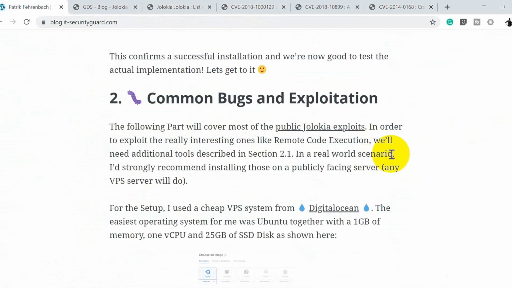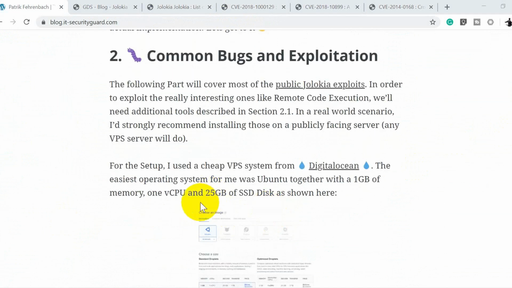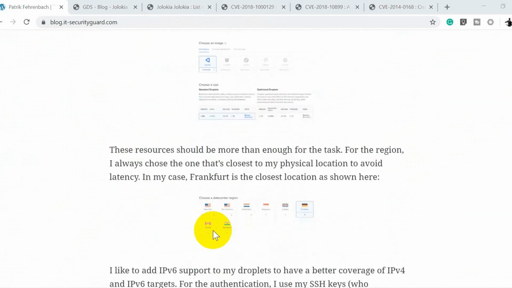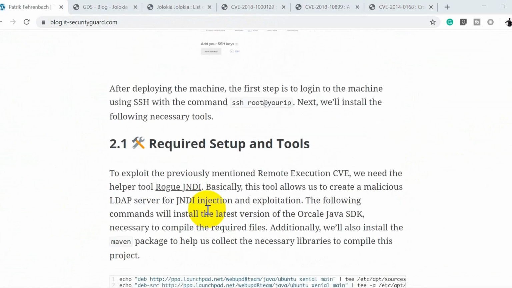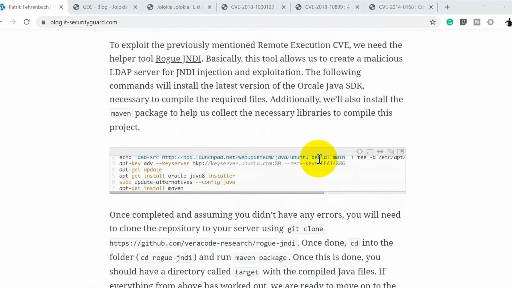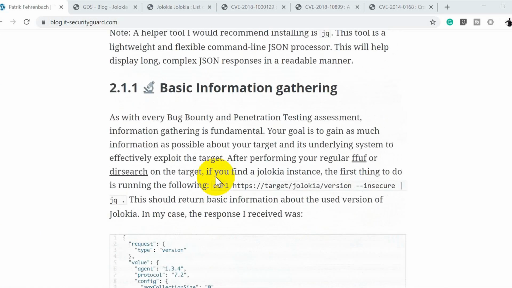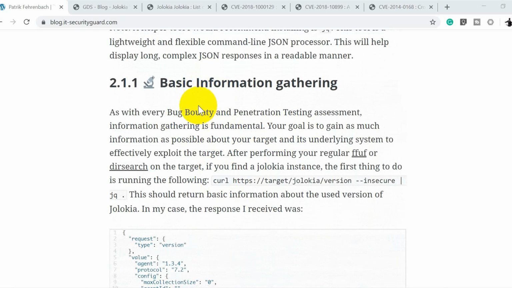Now let's go to this POC to understand this better. Now he also says if you're setting up, then you can use this cheap VPS. Again, I will not go through it in detail. If you want to try, you can set it up on your own. Okay, then the final section has some of the commands that you need to run to make things get started.